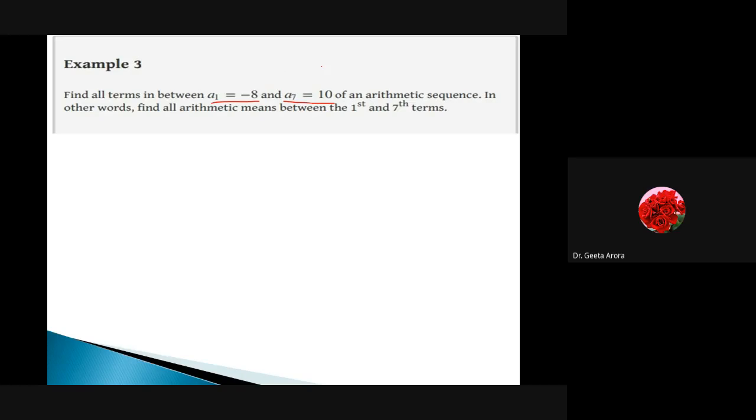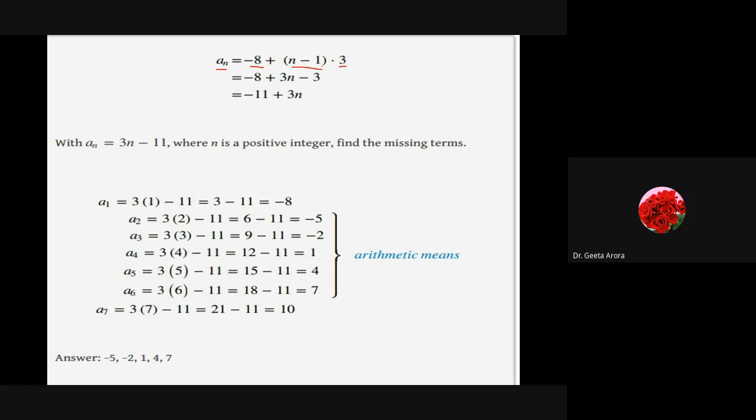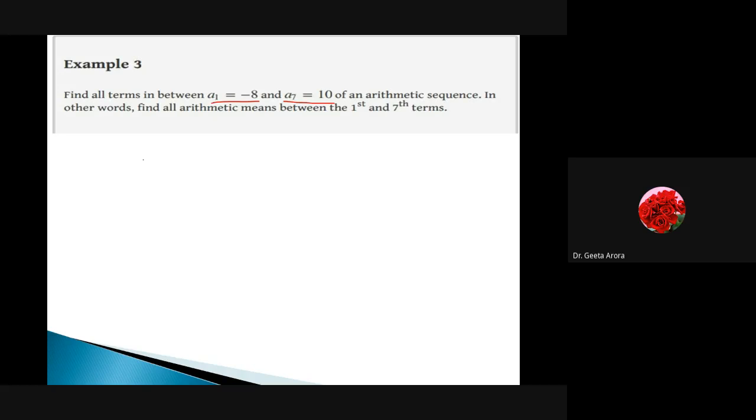And how have we obtained D? I think here I have not shown you. Let's work over here. If we talk about A7, we can write An is equal to A1. A1 is minus 8, plus n minus 1. N minus 1 means 7 minus 1, 6, into D. This is how we can write it down. And the value we know is A7 is given as 10. We have used the formula An is equal to A1 plus n minus 1 of D. If I substitute A7, it is 10 is equal to minus 8 plus 6D. Correct?